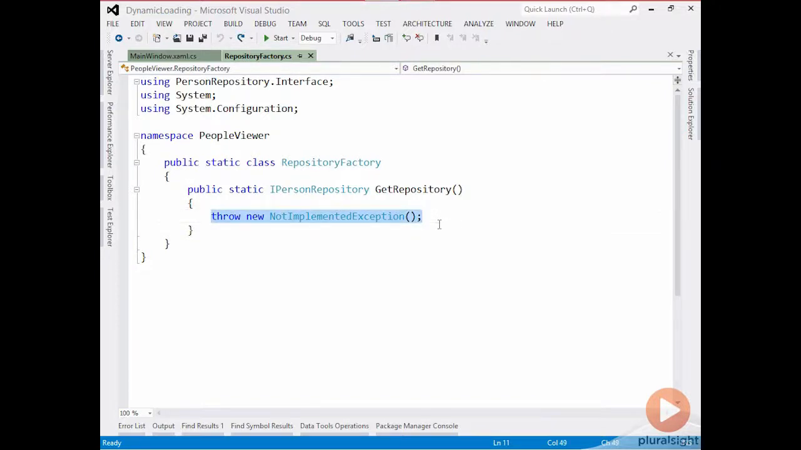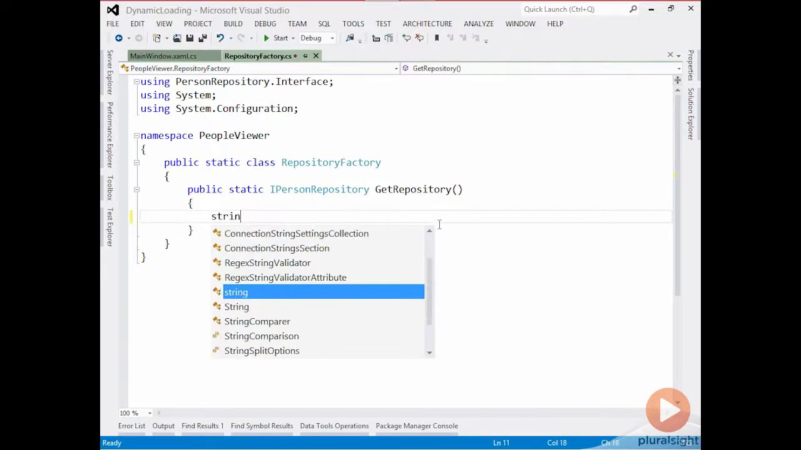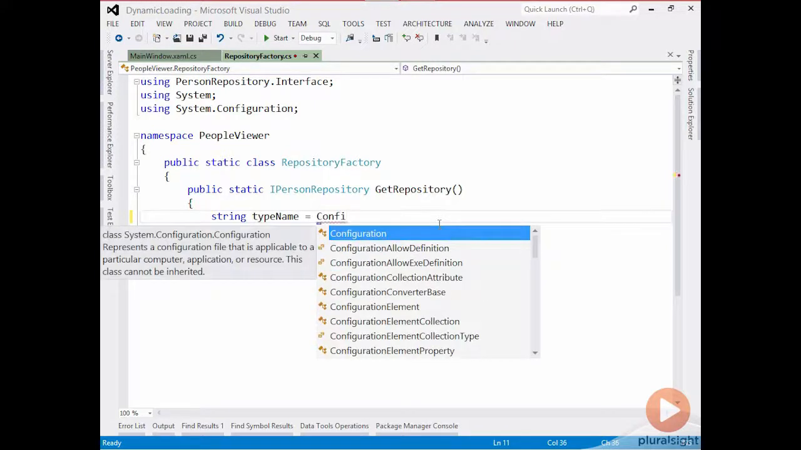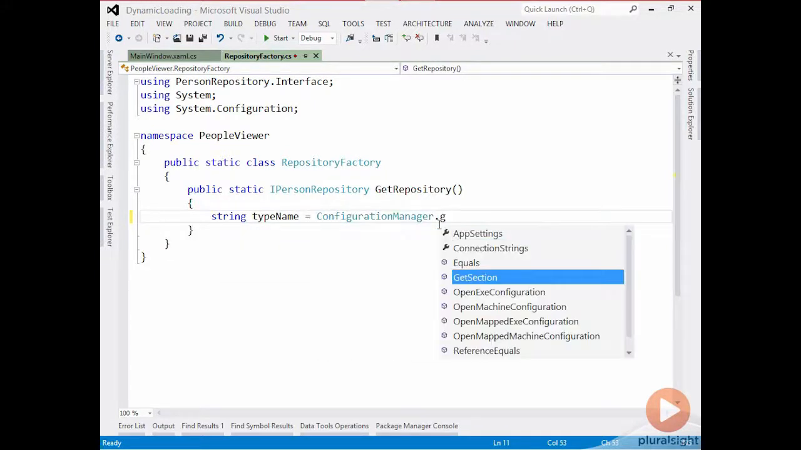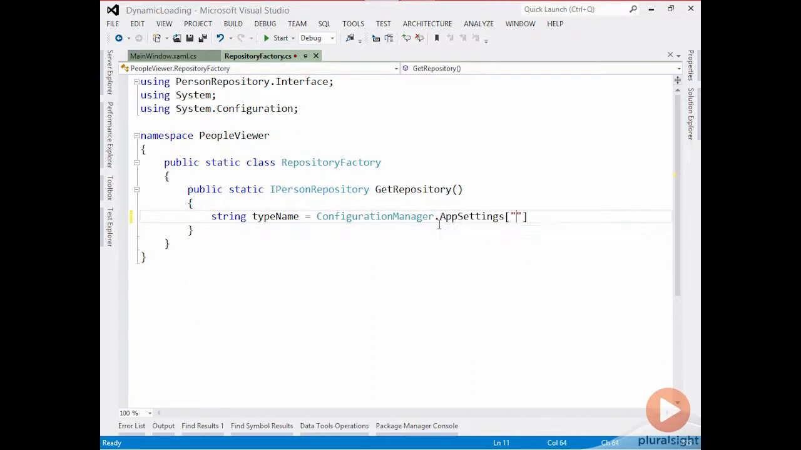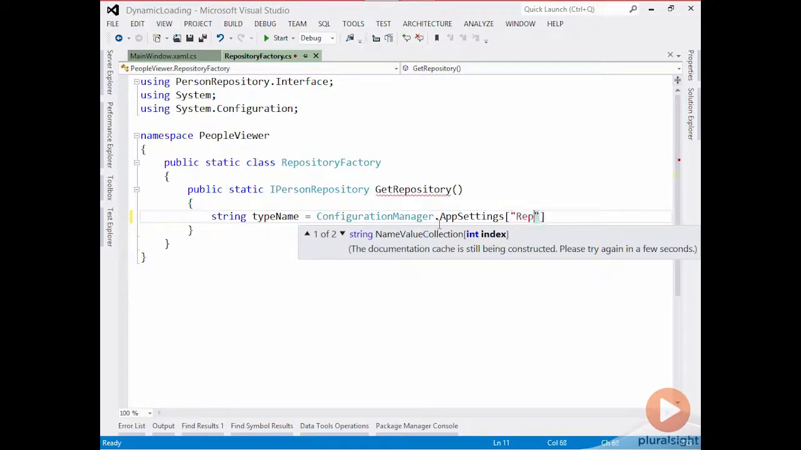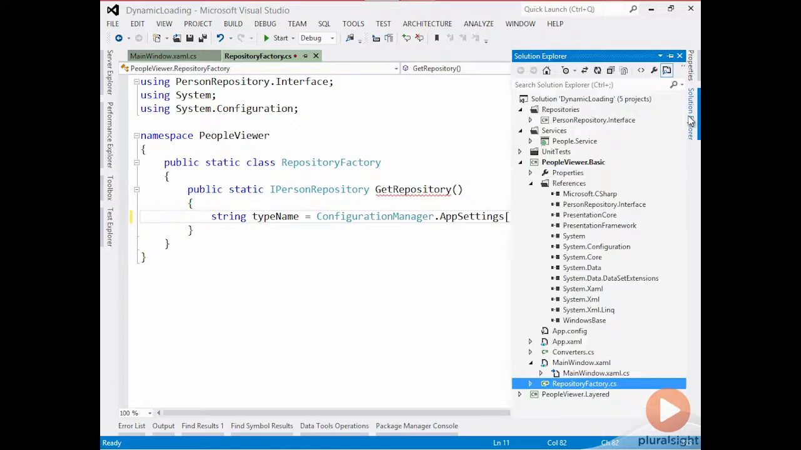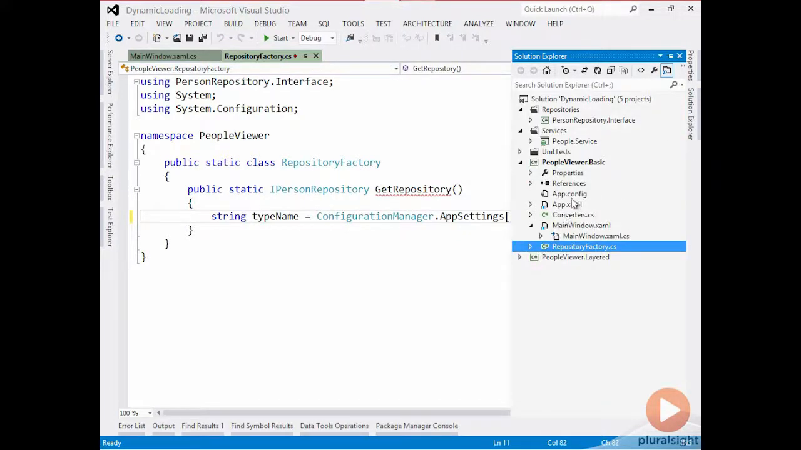So as we mentioned, our first step is to get some information out of configuration. So we'll create a variable called typename, and we'll use our configuration manager to get one of our app settings out, and this will be called repository type. And what this will mean is we're looking for a specific value in our app.config file. If we take a look at that,